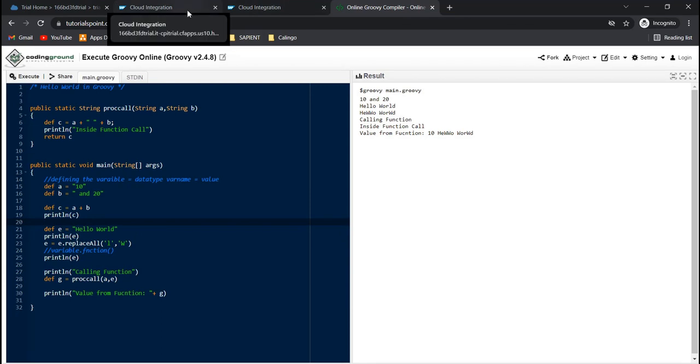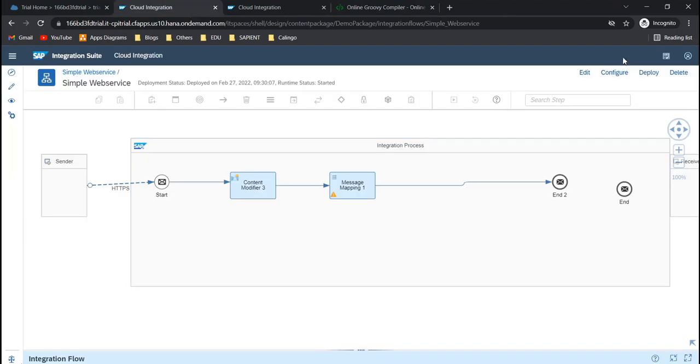Now, what we will do is move to the CPI part. How do we use it in